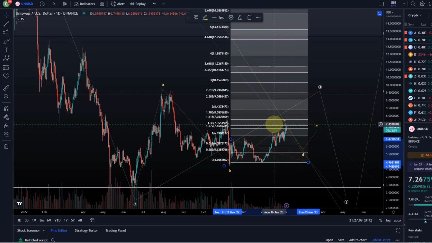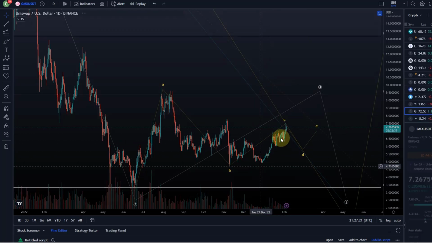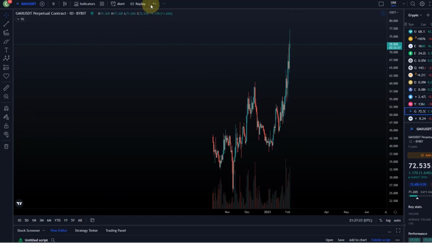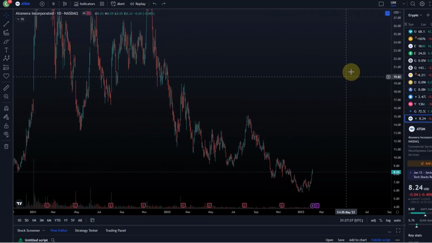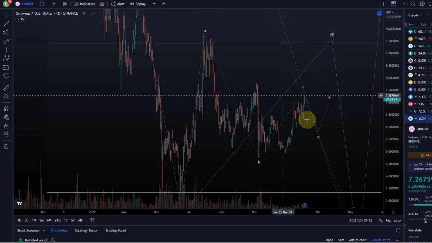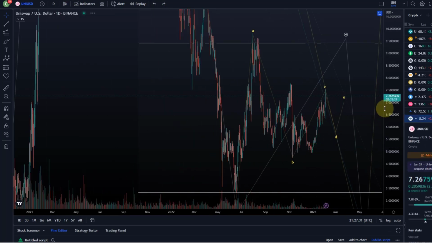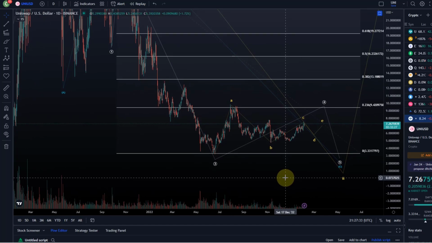But then it's weak compared to, for example, what at the moment Ethereum, Bitcoin are doing, yeah. And also it's not very impulsive on the way to the upside. So I find that more likely this is a correction. Of course, can I rule out that it's the 1-2 and oops, didn't want to do that. Let me just go back here. Can I rule out that the low is already in? No, I can't rule that out.